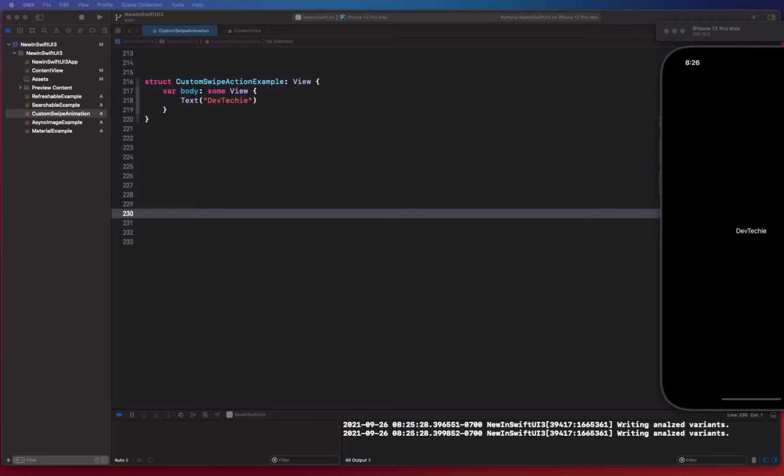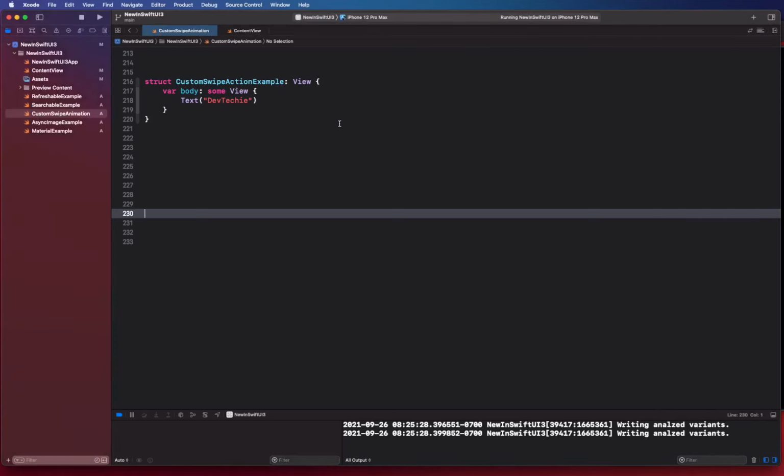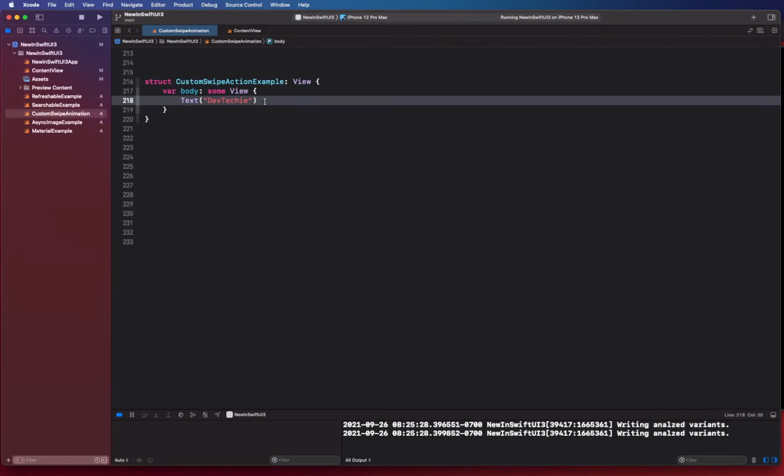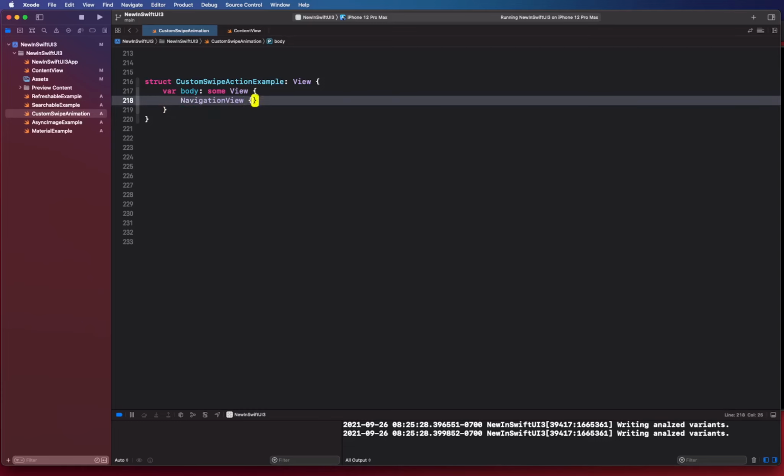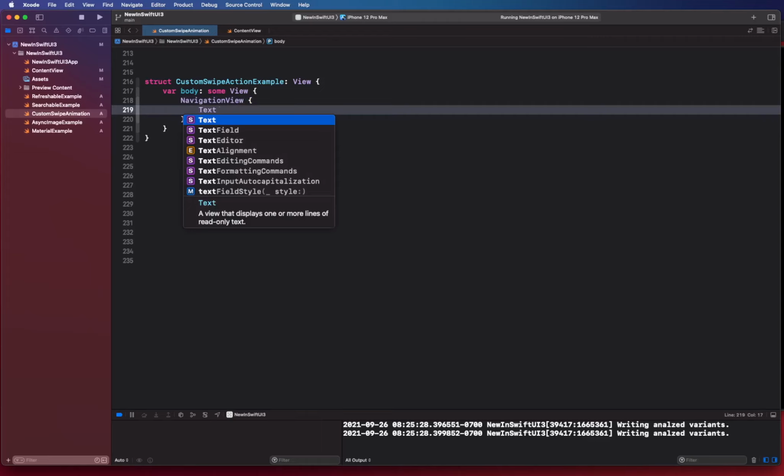So starting iOS 15 and above and SwiftUI 3 and above, we now have the ability to display actions when a row on a list is swiped right or left. Now let's take a look at the function declaration first before we start applying this cool new modifier. So I'm going to create a navigation view. Just for now, we're going to have a text,